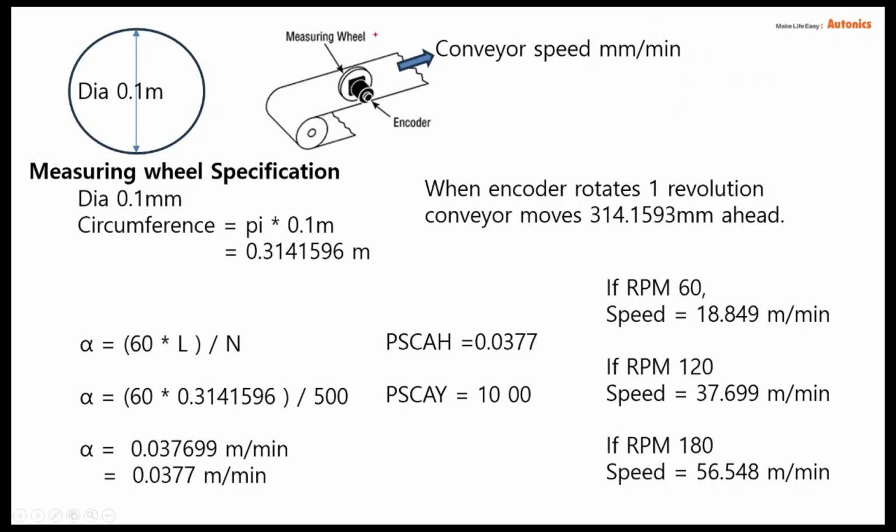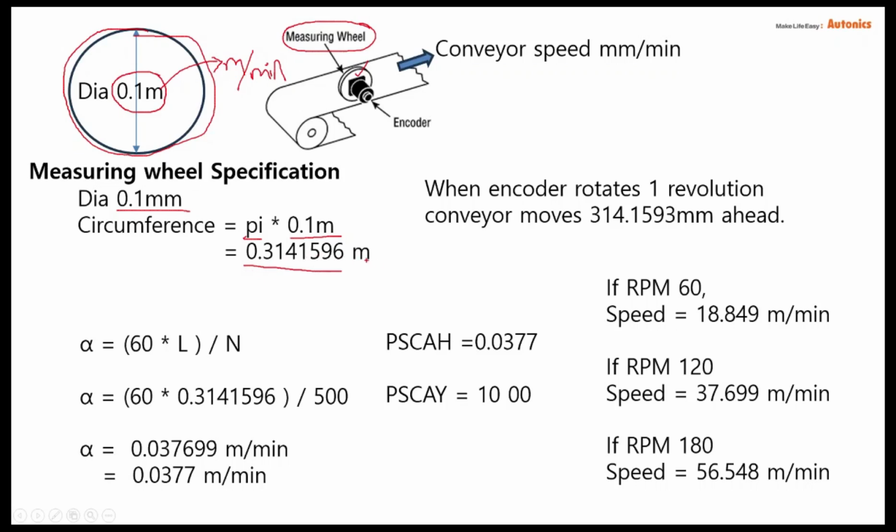Here we consider the measuring wheel diameter. The measuring wheel is the one touching the material or the conveyor whose speed we directly want to measure. That data we need. Say this measuring wheel has a 0.1 meter diameter. Let's say we will set this up for meters per minute calculation. Hence I am taking the diameter of the wheel touching the material as 0.1 meters, based on which the circumference will be pi d, so pi into 0.1 meters,